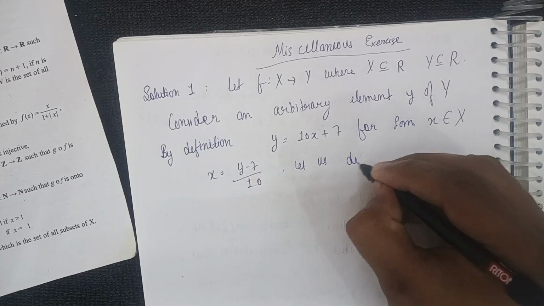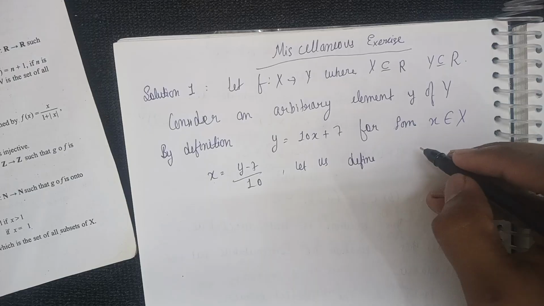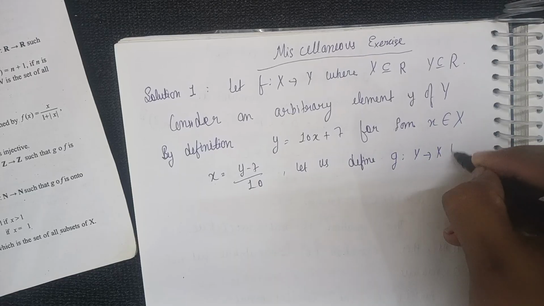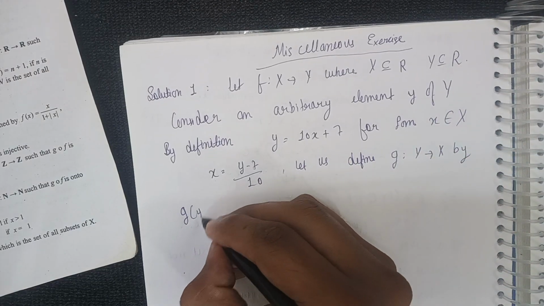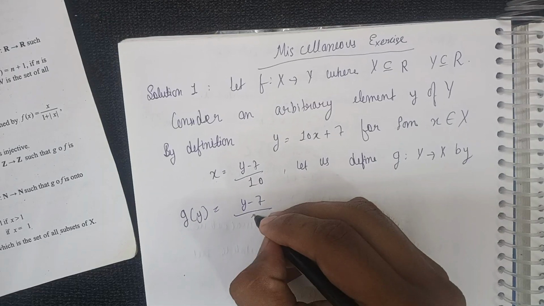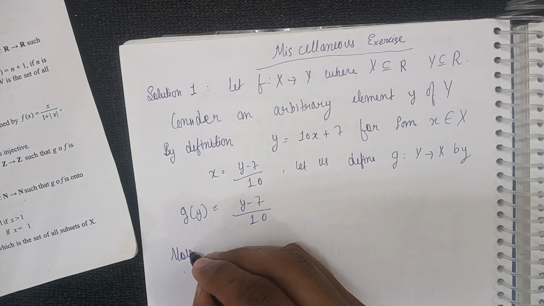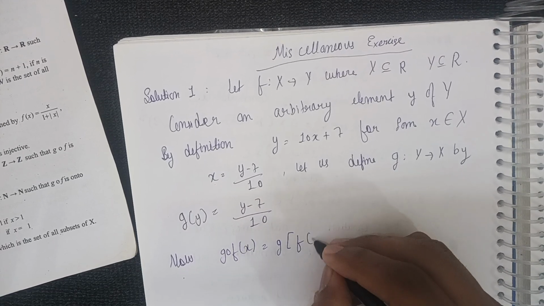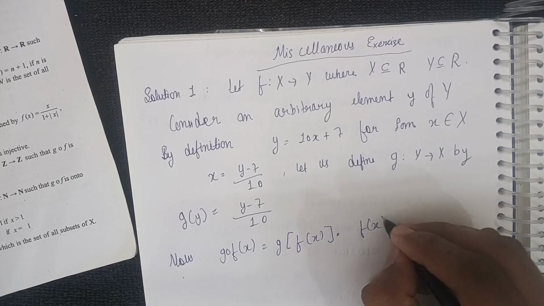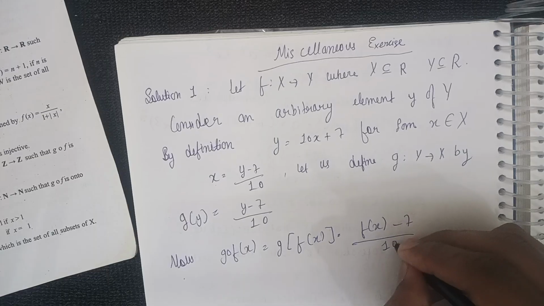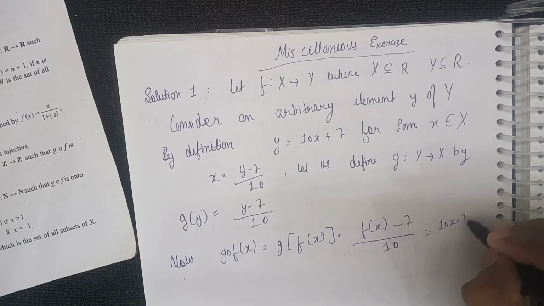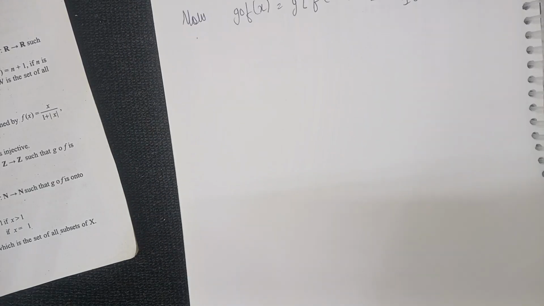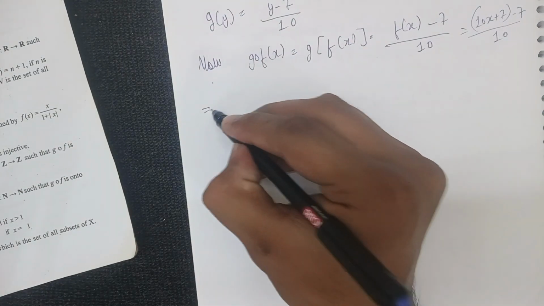Let us define g: Y tends to X by g(y) = (y - 7)/10. Now gof(x) = g(f(x)) = (f(x) - 7)/10 = (10x + 7 - 7)/10 = 10x/10 = x,